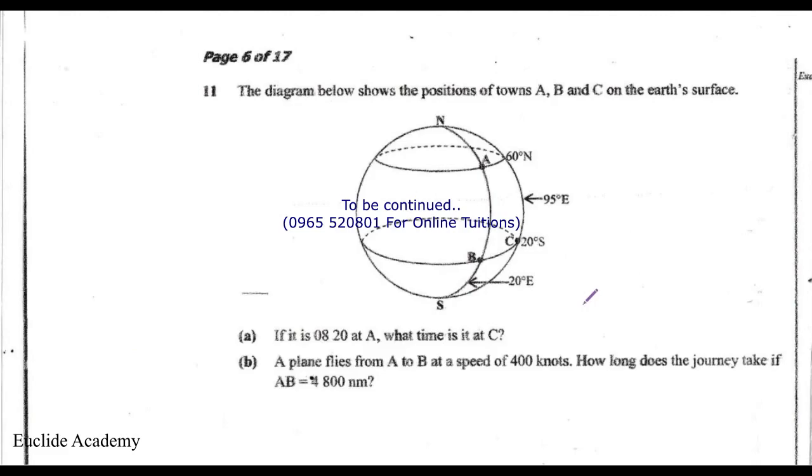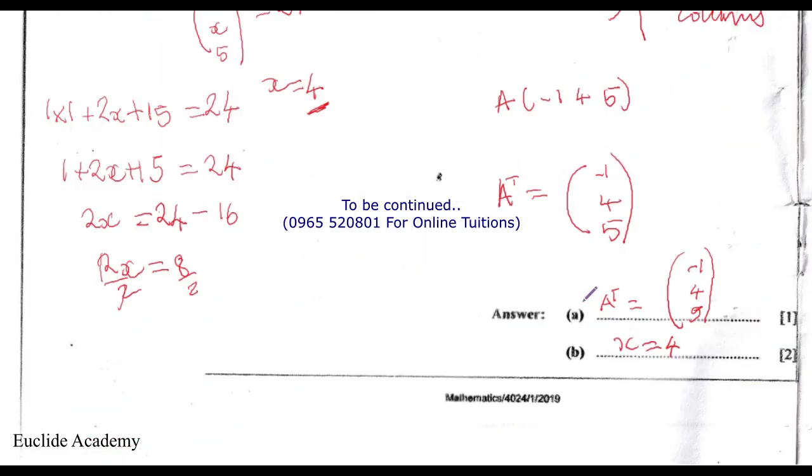So 9, what do we have here? 8. We're jumping to